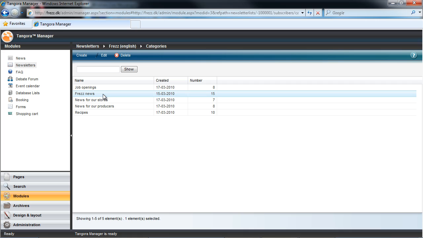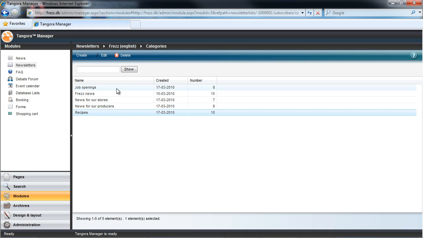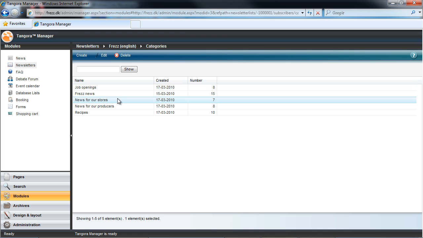For example, in our demo site Frez, which is a fictive organic food company, we can imagine that there are many people who are interested in general news about the company. This could be information about new products or sales or what have you. And there's also a portion of visitors who might be interested in specifically receiving newsletters about recipes. Others who might want to blaze a career path in organic food and might be interested in positions in the company. They might also have a few B2B communications with our partners. So we have a couple categories here for Frez producers and Frez stores.